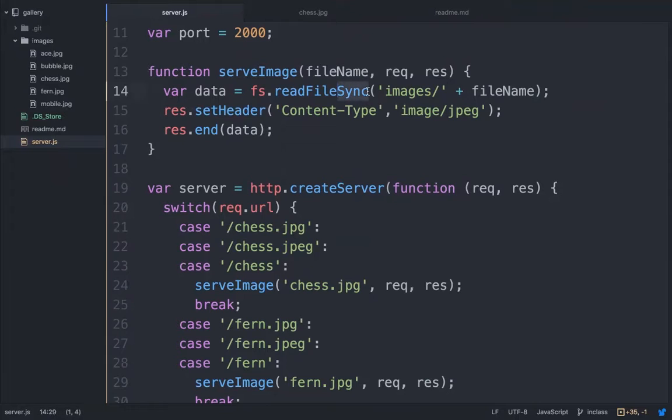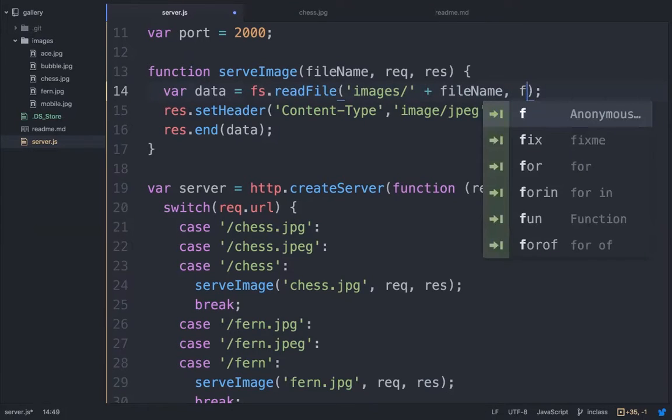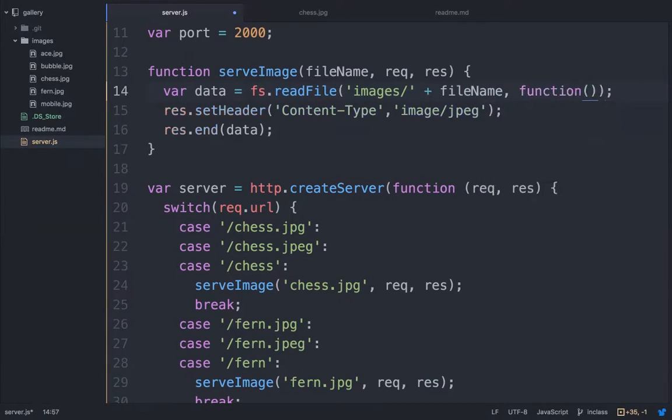So the better way of handling this is what we call an asynchronous method. And in Node, the readFile is the asynchronous version of readFileSync. You'll notice we don't actually have async as part of the function name, and that's because in Node, asynchronous operations are the default idea. And what's different about an asynchronous function is we actually supply a callback. And that is going to be the function that gets executed